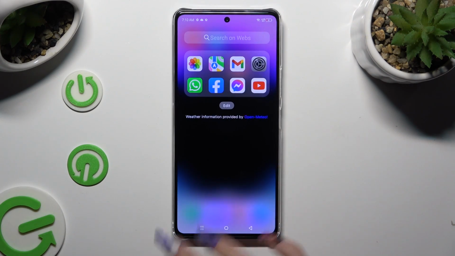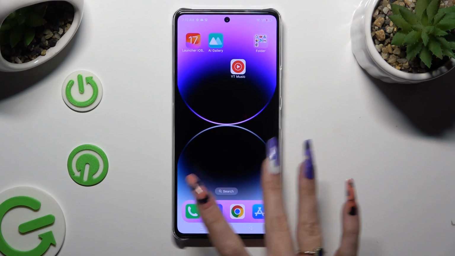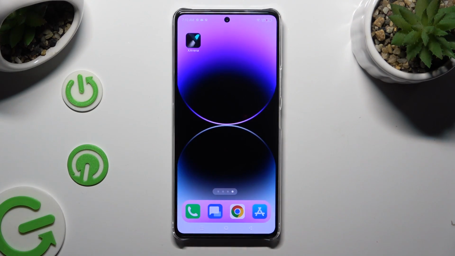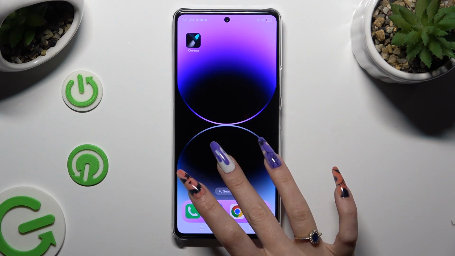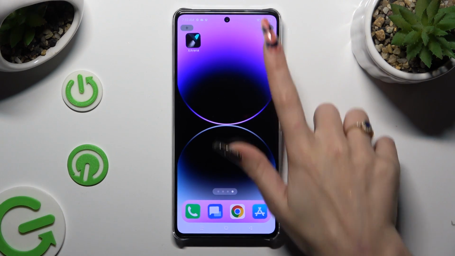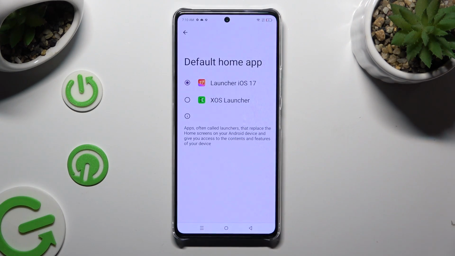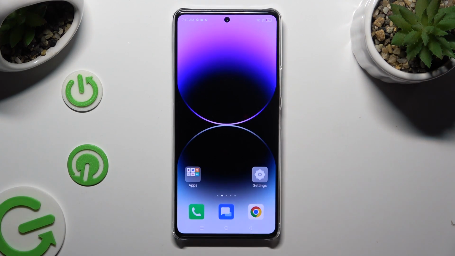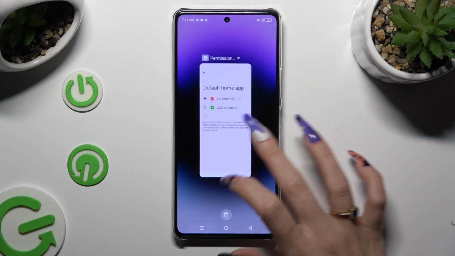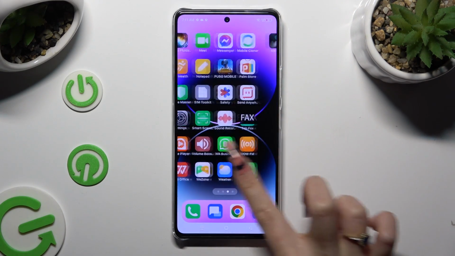As you can see, Apple layout was applied successfully on my device. In order to switch between your layouts, you can always go back to the same settings and click on your default launcher. You can also access Launcher app,